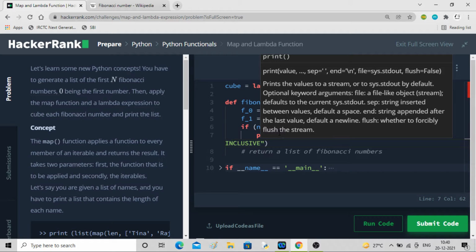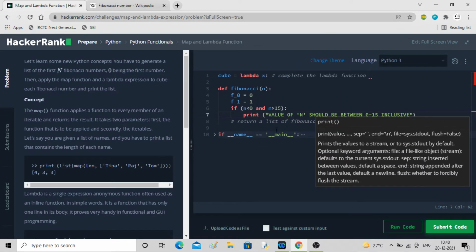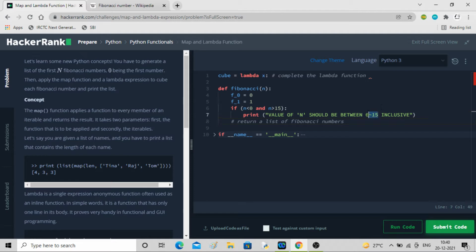Inclusive means including both 0 and 15. Let me zoom out. Yeah, inclusive means including both 0 and 15, and the values in between as well. Both 0 and 15 we have to include.